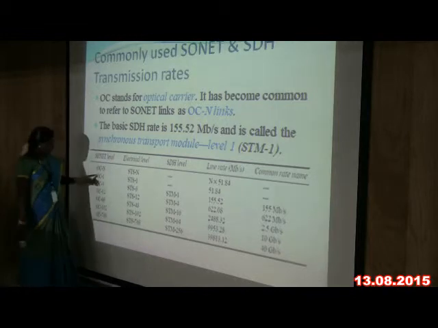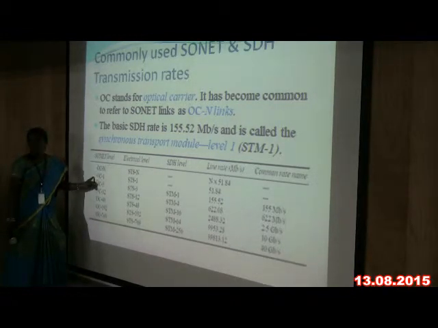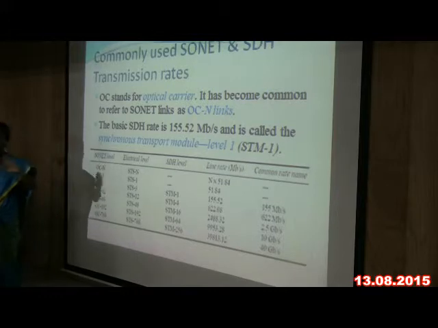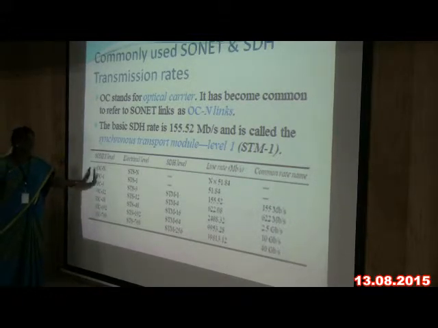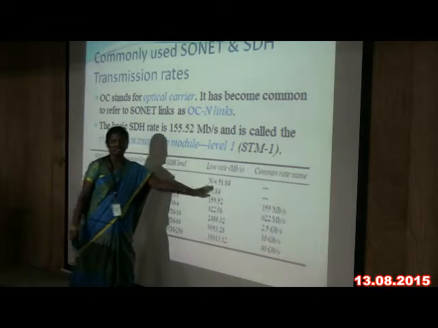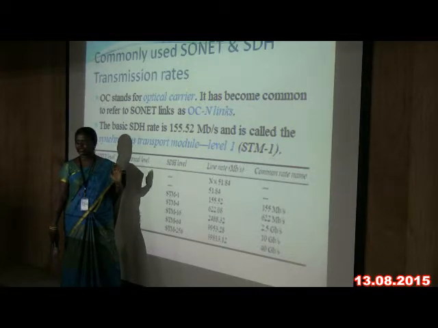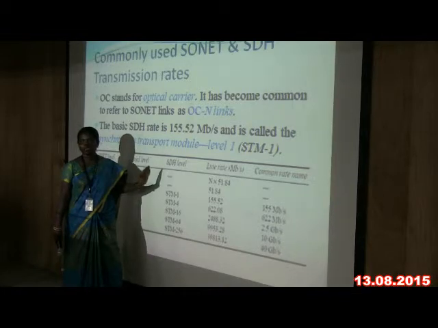This is the optical carrier line. This is OC-1. OC is the optical carrier signal. Depending on the capacity, we divide it into OC-1, OC-3, OC-12, up to OC-N. In the table, it goes up to OC-768. This is your SONET hierarchy. SONET is used in North America, and SDH is used all over the world, also in European countries.